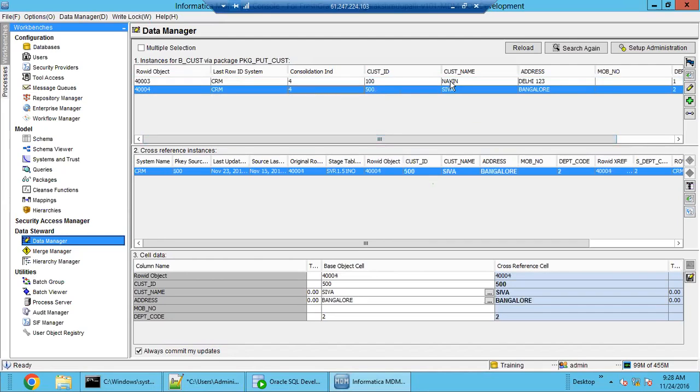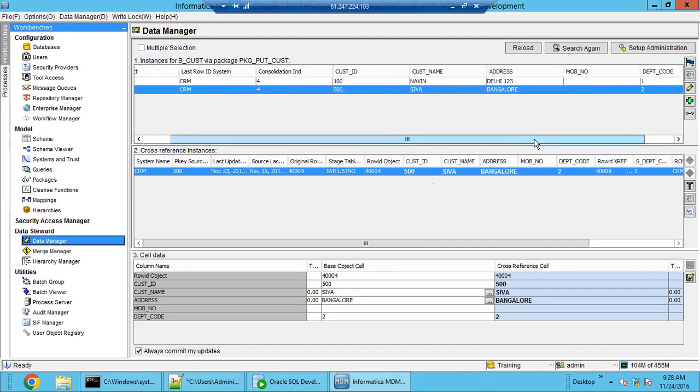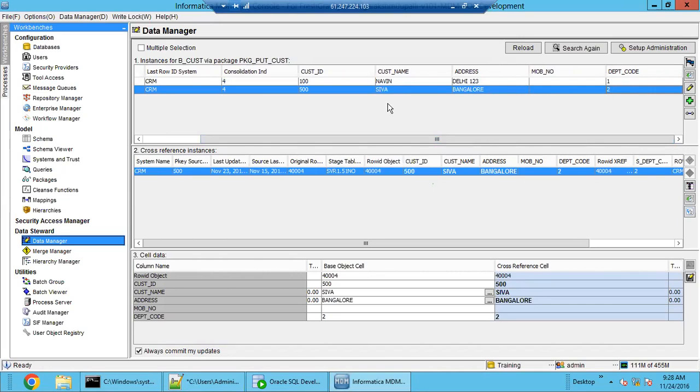Let's see the name. Name is Naveen and Shiva. And we have defined our logic. The department name should be same. That means department code should be same, but name could be slightly matching. Name maybe will not match completely. It could slightly match, okay, because on the name we have taken the fuzzy strategy. So let's define a few more